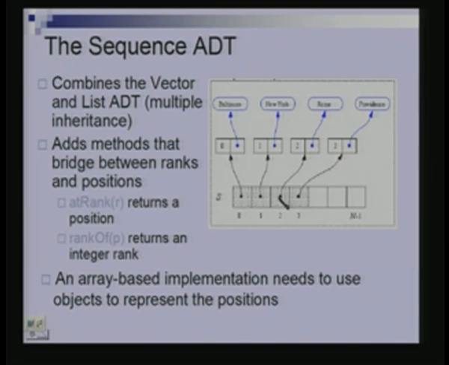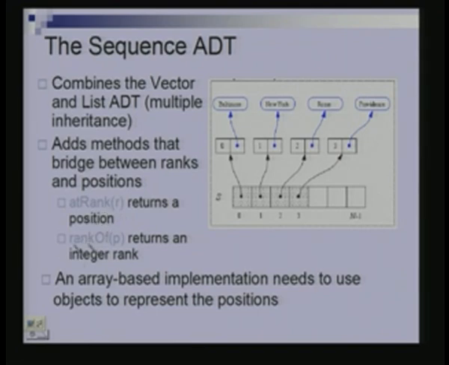Okay. Each element of this array refers to a position, and this is the same as this, right. So, given this particular location, I can identify what rank it corresponds to by looking at this element. Yeah. So, now